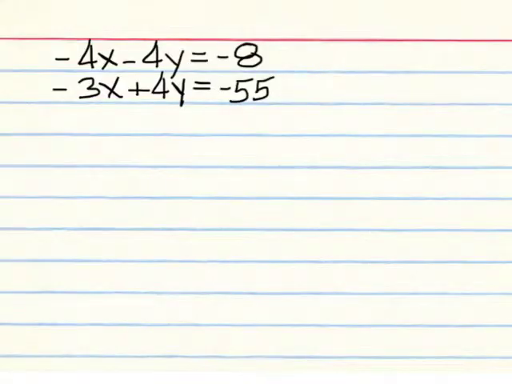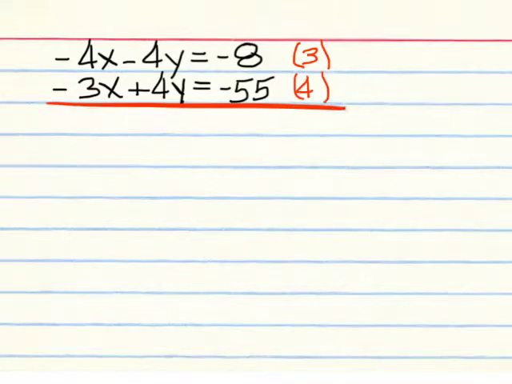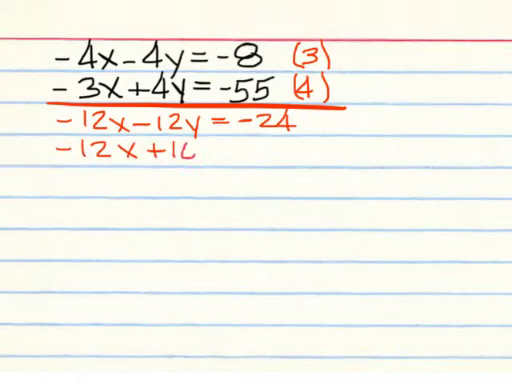Negative 4x minus 4y equals negative 8. Negative 3x plus 4y equals negative 55. Solve the system of equations. The solution for the practice problem, you're going to have to multiply the top by 3, the bottom by 4. When you do that, you'll have negative 12x minus 12y equals negative 24, and negative 12x plus 16y equals a